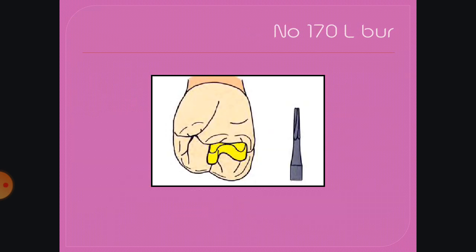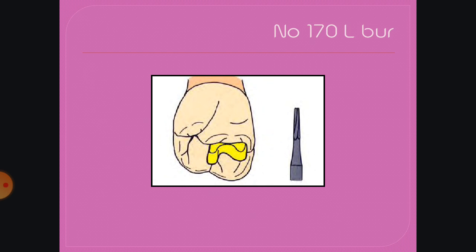The first preparation is with the help of the number 170 L burr, the occlusal outline, as you can see in the yellow aspect of the picture. The occlusal outline is prepared using this burr.